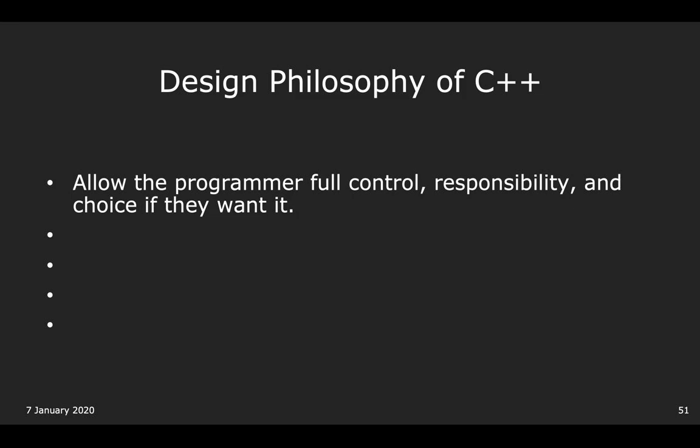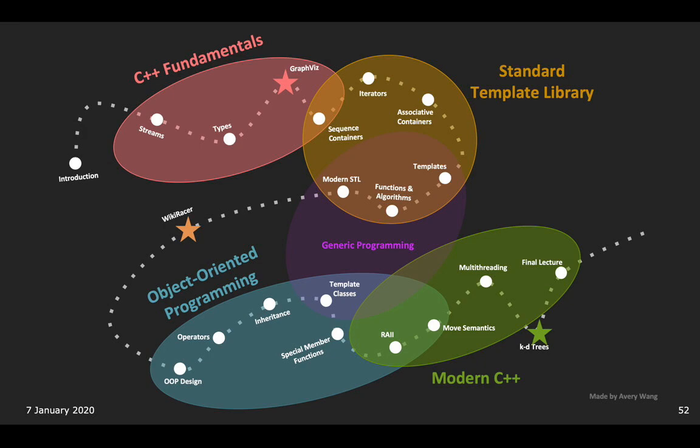This is a big difference compared to Java. In Java, everything is kind of hidden from you. You don't necessarily have to deal with memory yourself. In Python, you definitely don't have to deal with memory. So in C++, if you want full control, like control how memory works, control how pointers work, C++ allows you to do that. And that's actually one of the reasons why CS106B uses C++, because CS106B wants to dig a little deeper into how you implement low-level features, and C++ lets you do that.